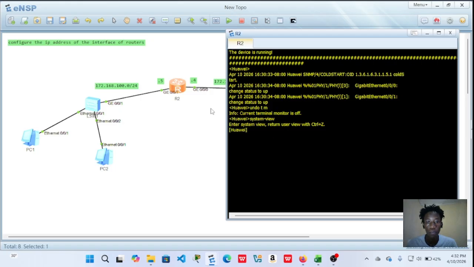Okay, I want to configure this interface, but the name for my router is R2. I don't want this router to have the name Huawei. I'm going to type sysname R2, and it will change and assume the name R2, which is good because it will avoid confusion. So let's get into the interface G0/0/1,